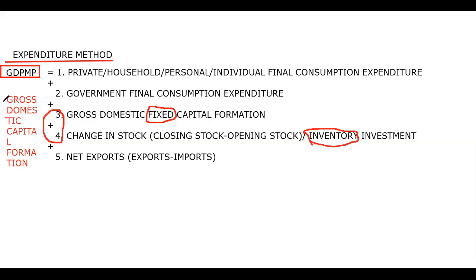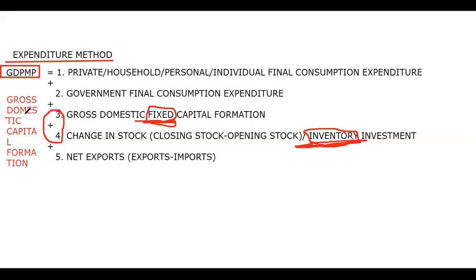When we say gross domestic capital formation, okay, Tushar, I'm repeating. See, when we add up these two elements, third and fourth, third is gross domestic fixed capital formation, which means this is the expenditure of firms on fixed asset, making fixed asset. This is the expenditure of firms on making the inventory or making the current asset stock. When I add up the third point and fourth point together, I simply get gross domestic capital formation, which means the fixed word is removed.